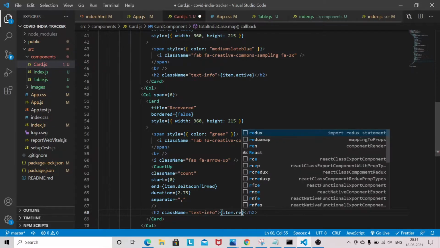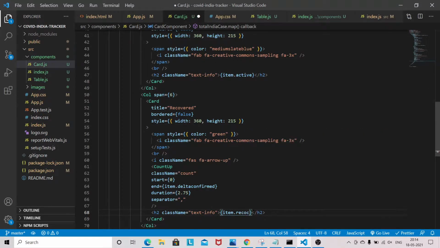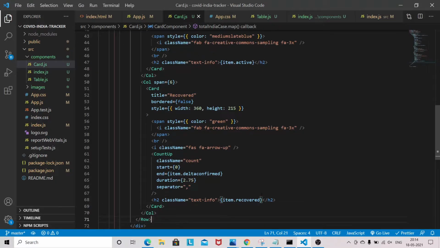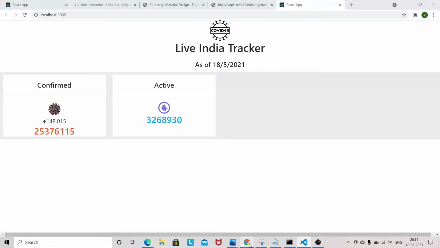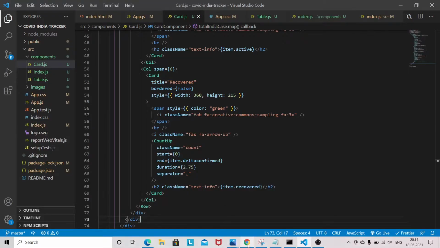And this is the overall recovered count. This is the daily confirm and this is the overall recovered count. So let's see. Again we need to change this one, so this will be text success.